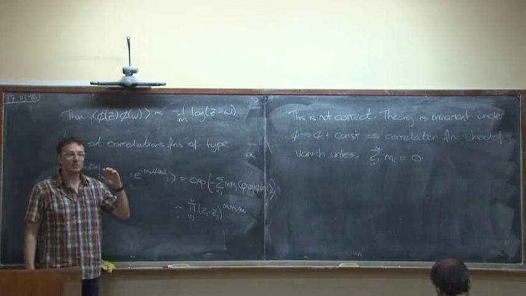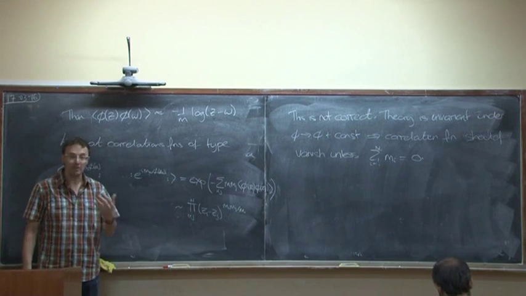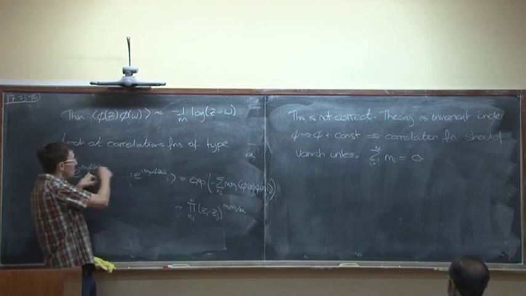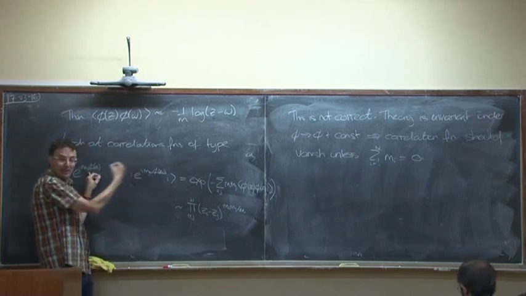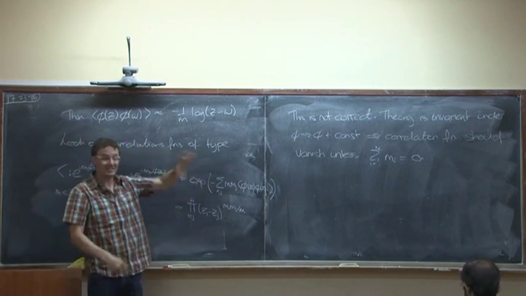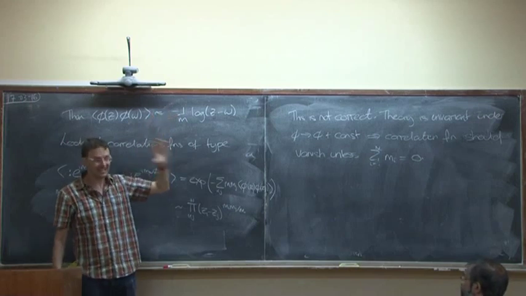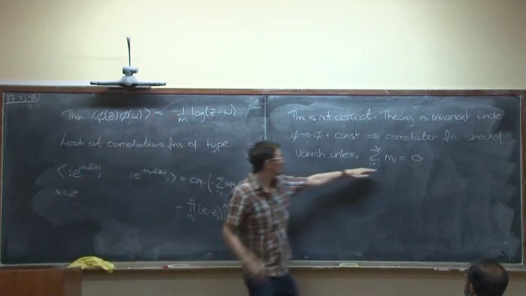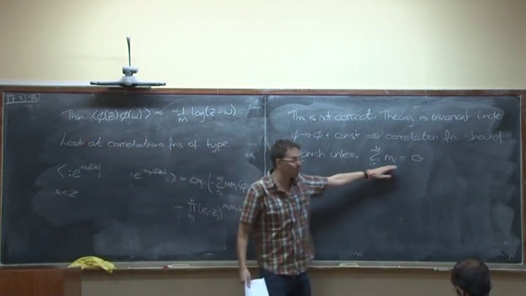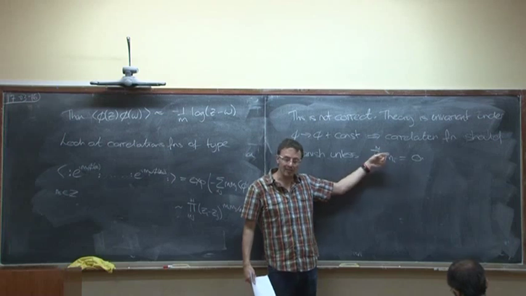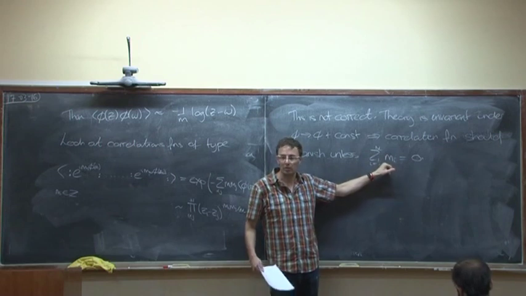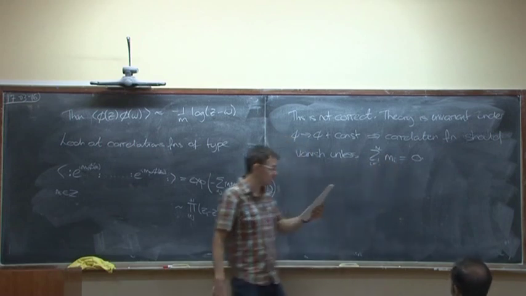Again, if you've taken a course in string theory, this is something that's very familiar. This is the way you get space-time momentum conservation in string theory. All the m's here in string theory are the momentum of the string vertex operators. All correlation functions should have a delta function of some space-time momenta. That's basic analysis, so I'm not going to derive it. This should convince you it must be true. To derive it takes a little bit of care. Again, if you want to see how to do it, it's done in some detail in the string theory lectures, many other string theory lectures.